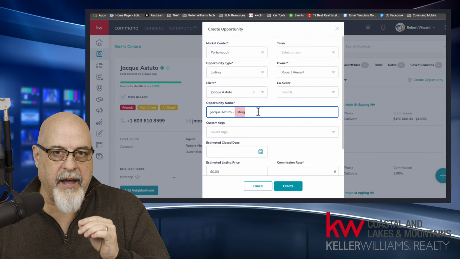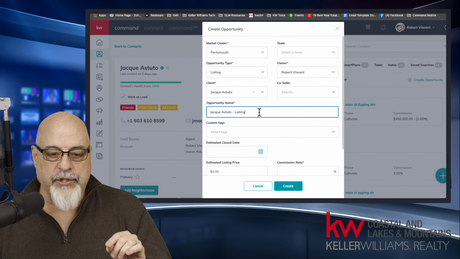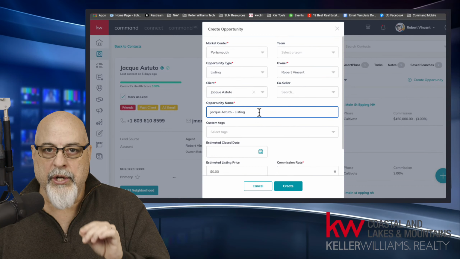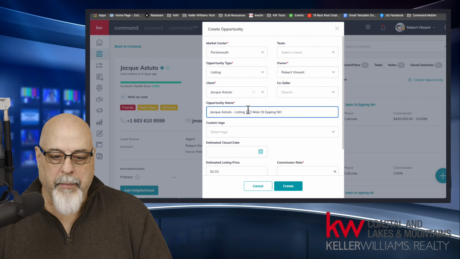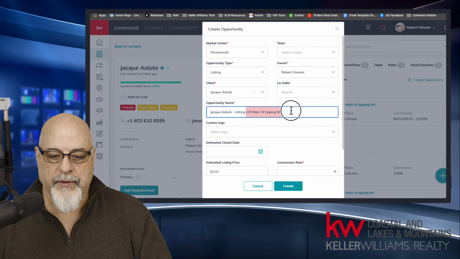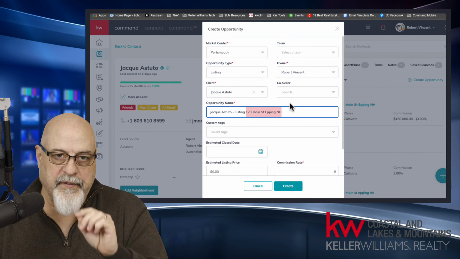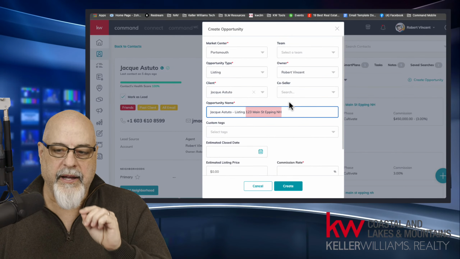Compliance here at Keller Williams requires you to have a very specific naming convention for your opportunities. And they are very simply who, what, and where. And the where is the property address. Now, you do not need to put in the zip code, but you do need the property address. This is required because not only is this going to help you find it later, it's going to help compliance